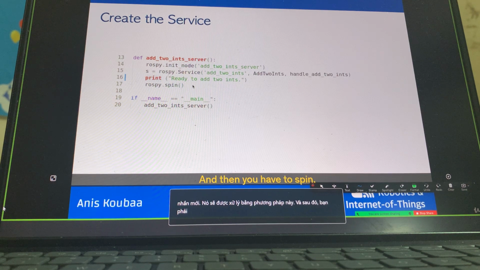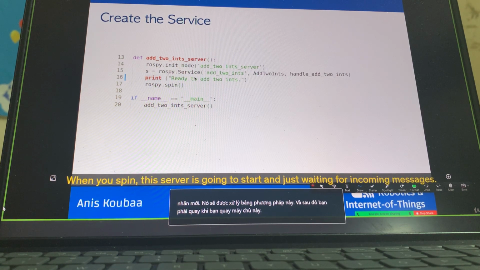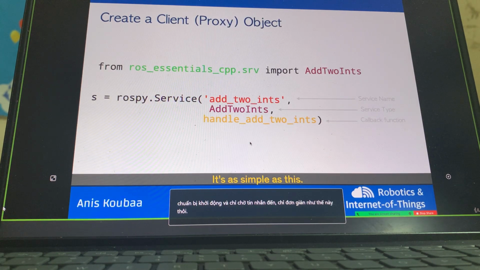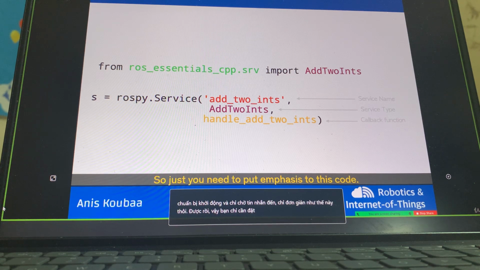And then you have to spin. When you spin, this server is going to start and just wait for incoming messages. It's as simple as this. Okay, so you need to put emphasis on this code,